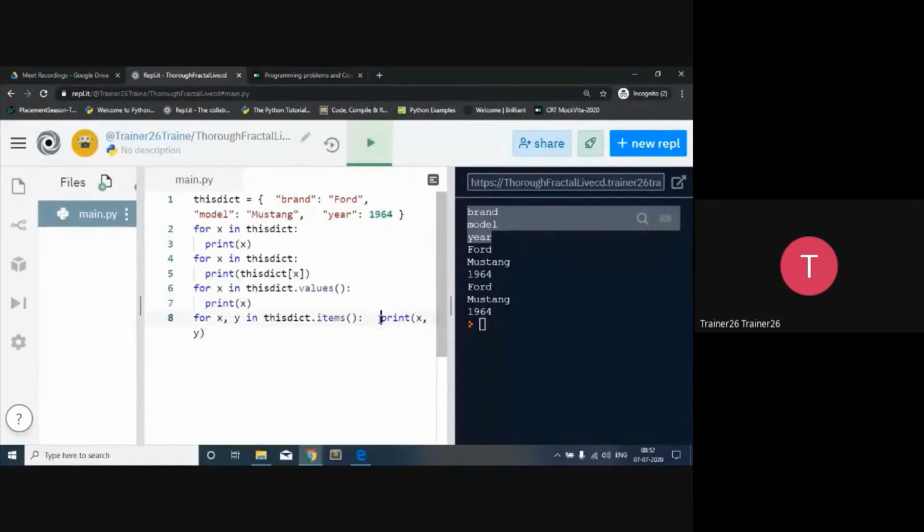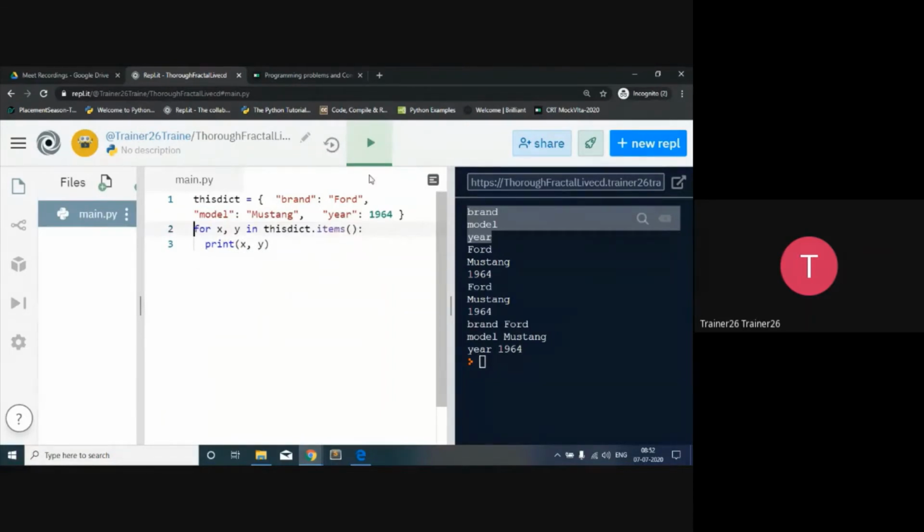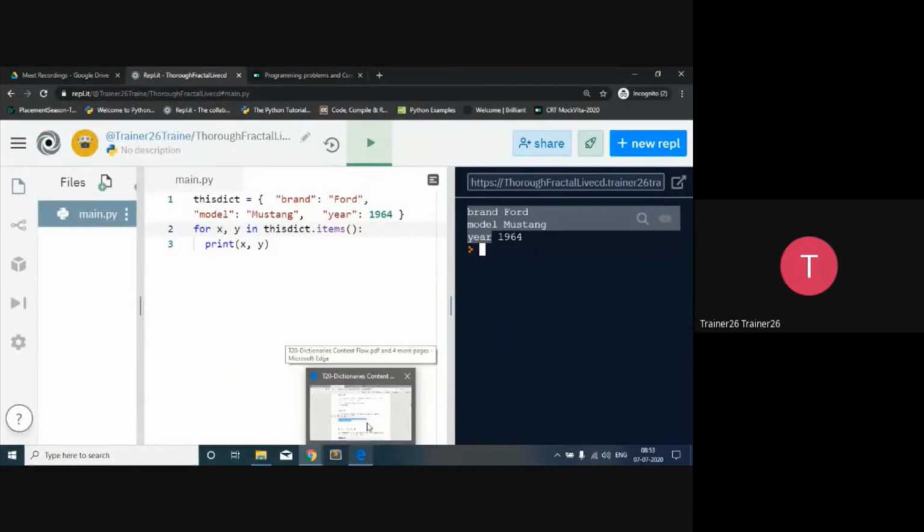So in the same dictionary, I want to print the values and this thing. So let's delete this part so that you will have a clear-cut idea. So in this way, we can present the first thing, that is key as well as value. So both the things are possible. So these are the different combinations for accessing different things inside the dictionary.